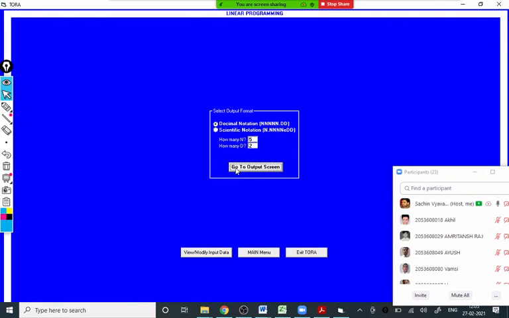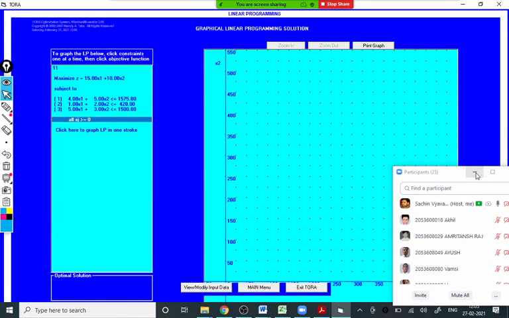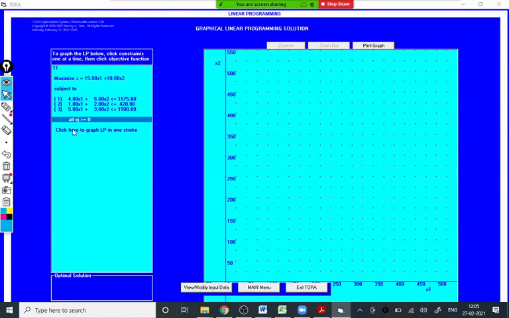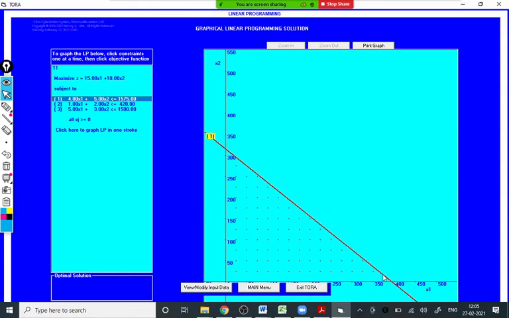See the solution now. What you can observe first: x and y greater than 0, so the feasible region is the first quadrant right now, because of only one constraint, x and y positive. If we plot the first line we drew before, you will observe the line passing through these 2 points. So 4x plus 5y equals 1575, that line is drawn. This is the triangle we saw. Next, if you draw this line, you will observe it is still the origin side and the feasible region is reduced now.